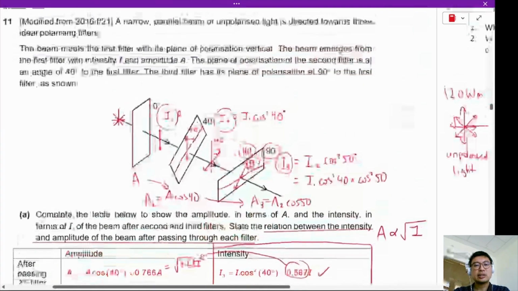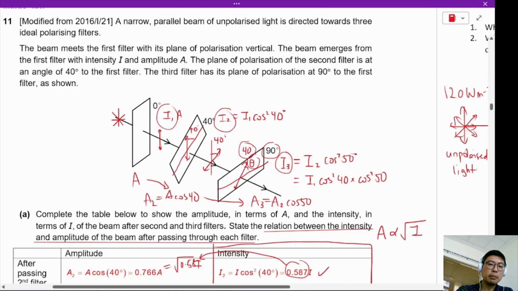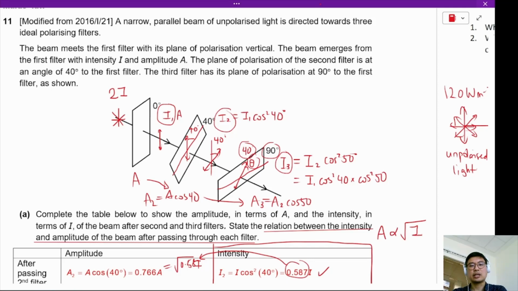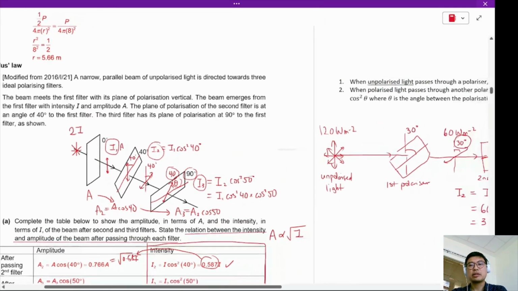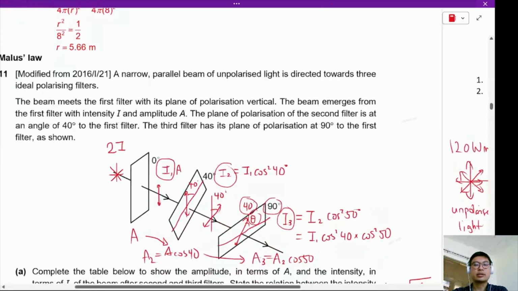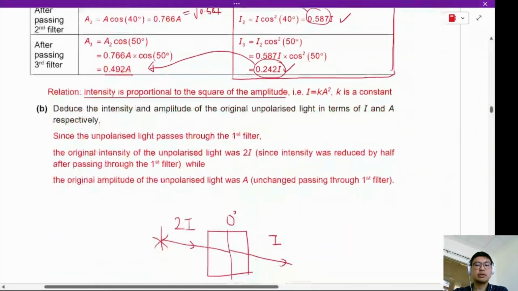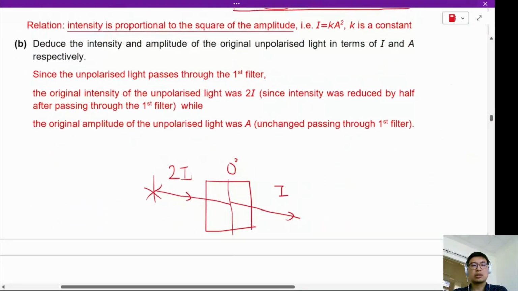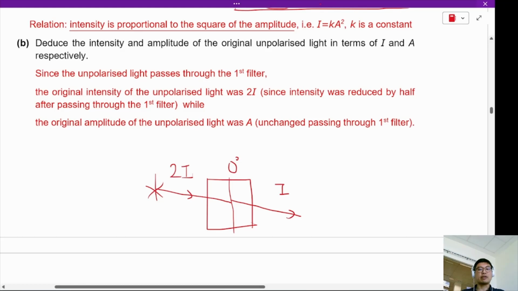Let's take a look up over here. Now, after passing through the first filter, the intensity is I. So that means before passing through the first filter, intensity must have been 2I. Because of the first part of the law, which says that when unpolarized light passes through a polarizer, the intensity is halved. So therefore, since the unpolarized light passes through the first filter, the original intensity of unpolarized light is 2I. And of course, the original amplitude,